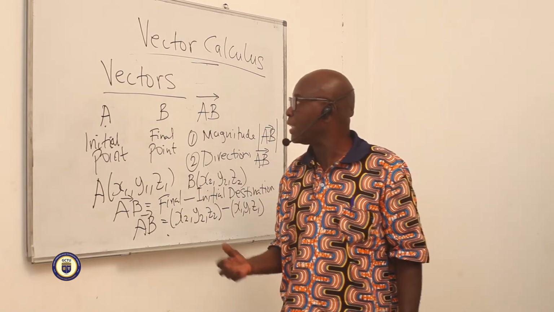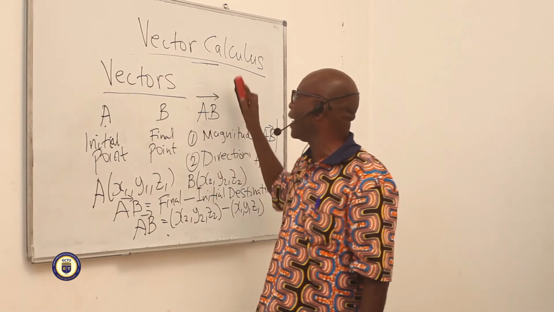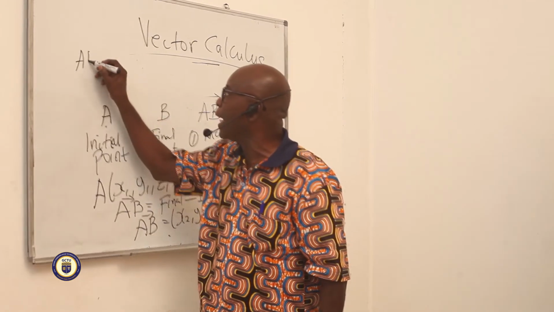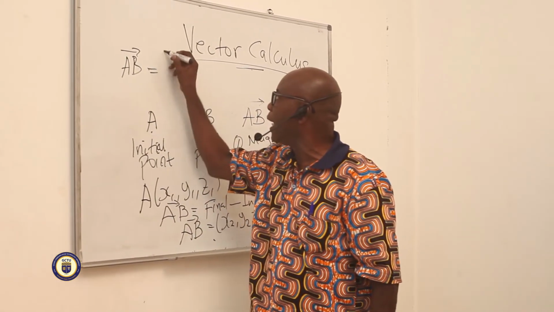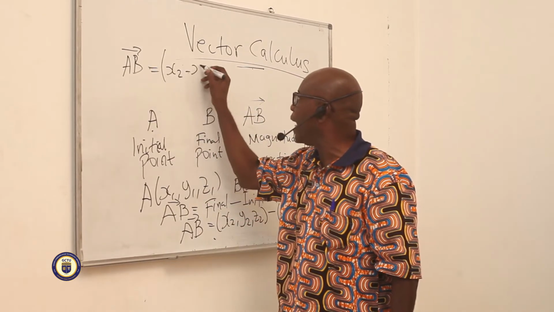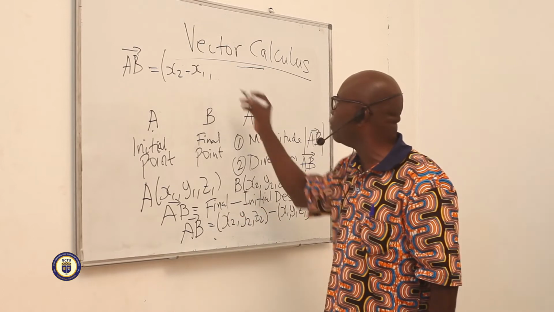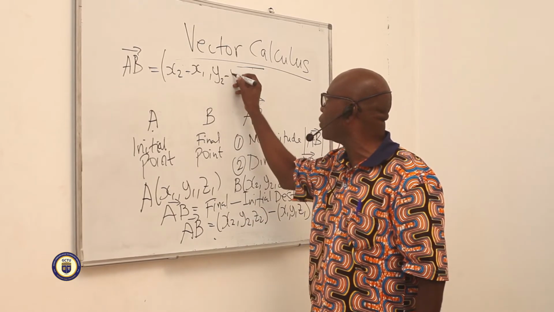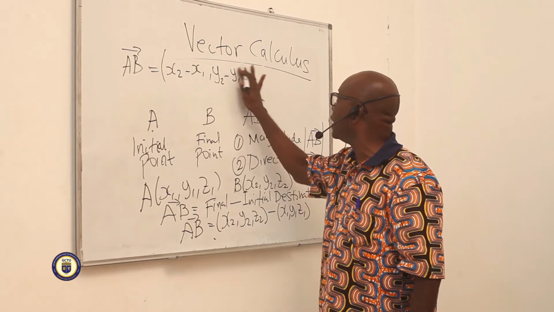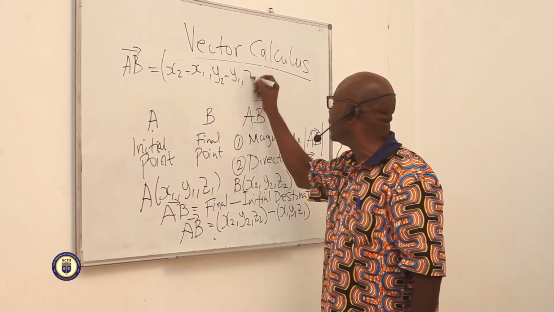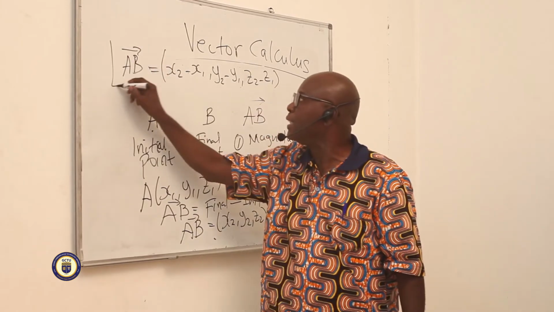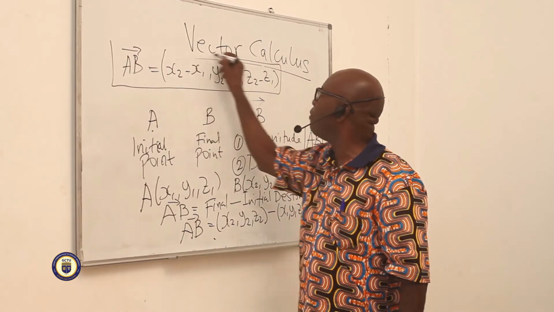So let's try it this way. Vector AB is going to be x2 minus x1, then y2 minus y1, and then we'll have the z component, z2 minus z1. And so that defines vector AB,